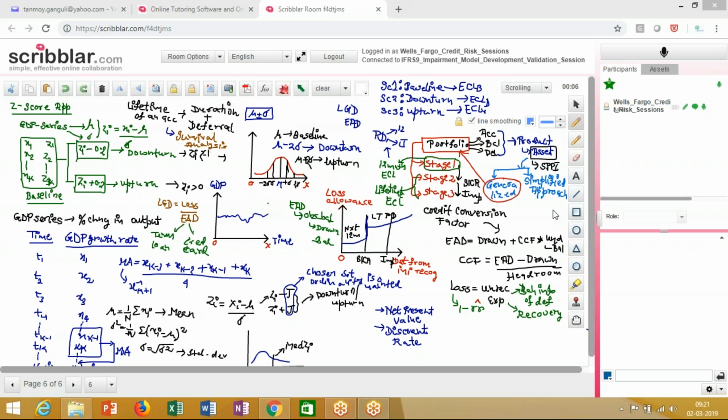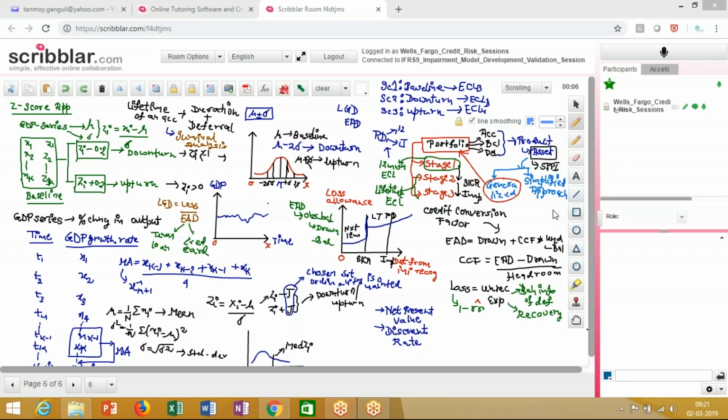We have looked through the different concepts associated with IFRS 9, such as lifetime PD, next 12 months PD, point in time PD, through the cycle PD, and how these measures come together. And how do you reach your expected credit losses? When we do our expected credit loss computation, that's nothing but a product of the PD, LGD,